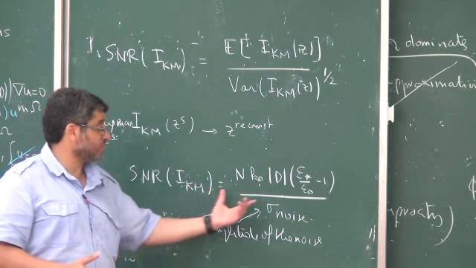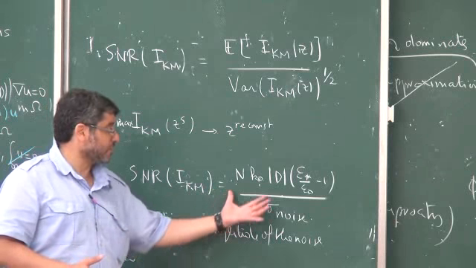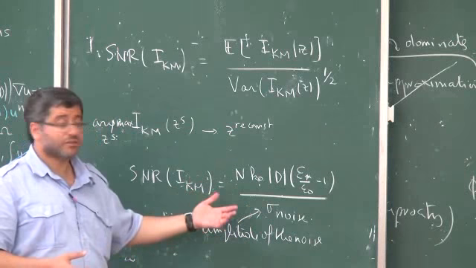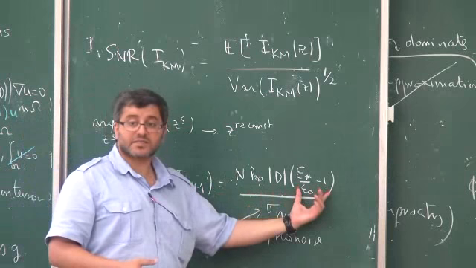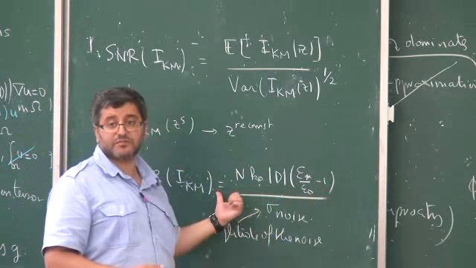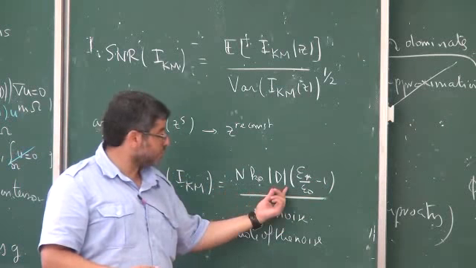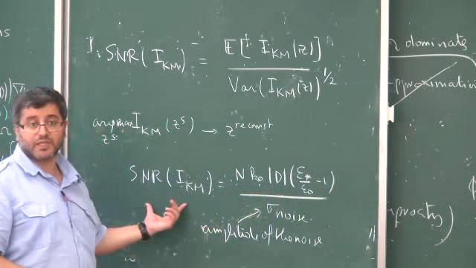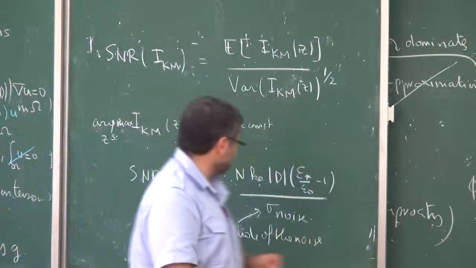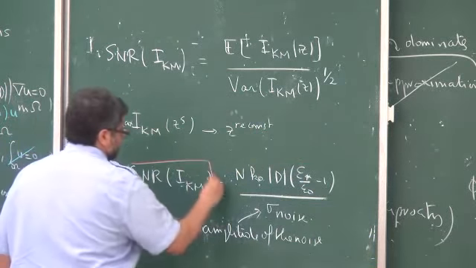So the signal to noise ratio is a formula, and it gives you insights. If the contrast is very small, if this one is close to 1, it's very difficult to get the inclusion. If it's too small, then it's very difficult. So actually in imaging systems, this is known.